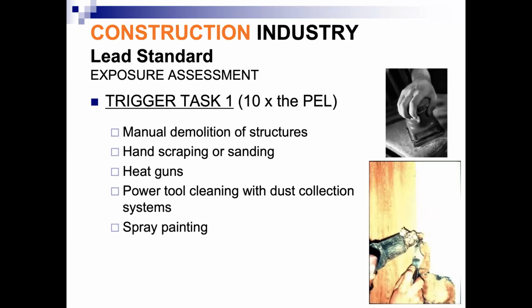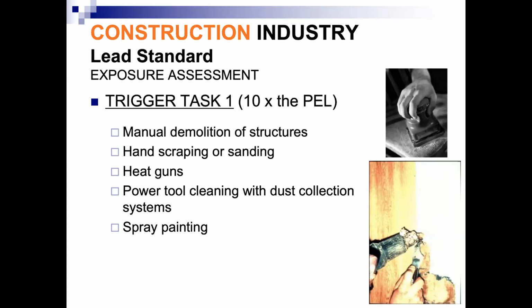And again, it is the employer's responsibility to determine if there is lead in the work area. So if you're a construction employer, or a demolition contractor, you have to find out from the owner or your client if there is lead present in coatings or any part of the process that your employees are going to come across. So manual demolition, hand scraping or sanding, use of heat guns,